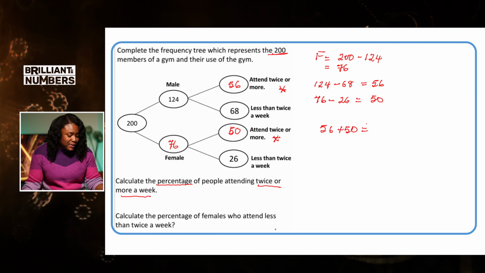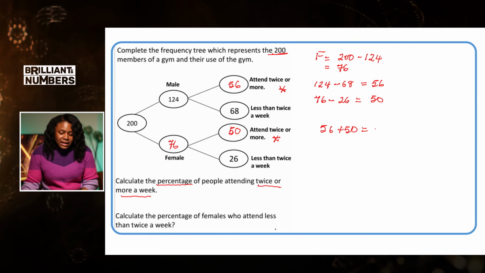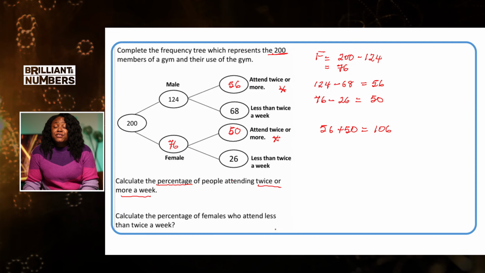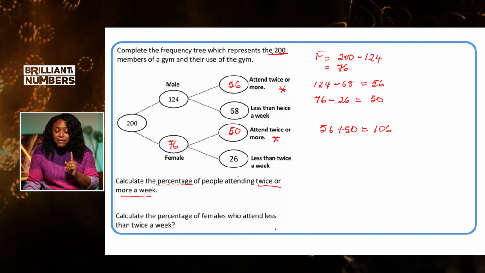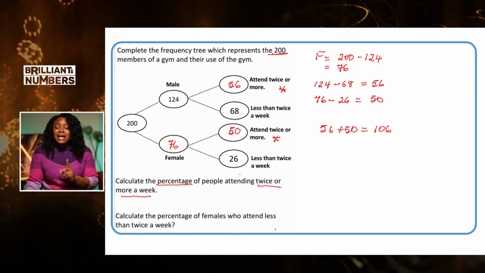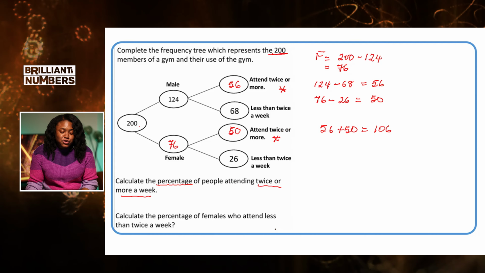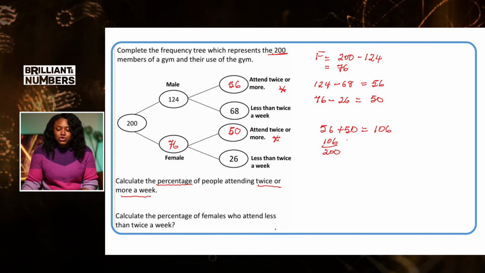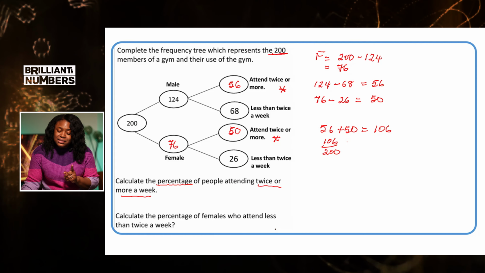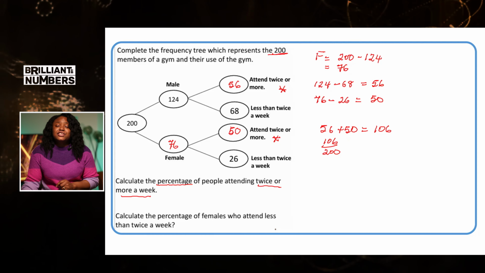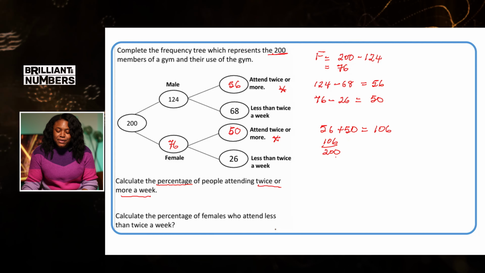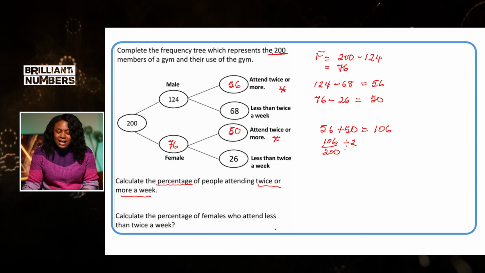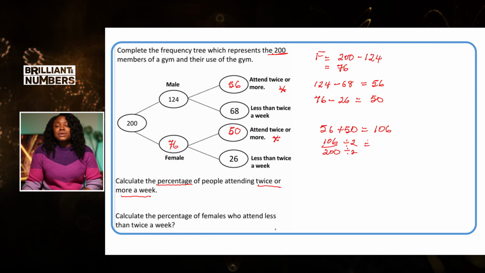Calculator paper again, you can put that in your calculator, and that gets us to 106. Now we have to write that as a fraction of the total amount of people that goes to the gym. So it's 200 people, so therefore it's 106 out of 200. Now we want this to be a percentage, and we know the denominator should be 100 if we have a percentage. So therefore I can just divide by 2 here, numerator and denominator, and then we would now have our